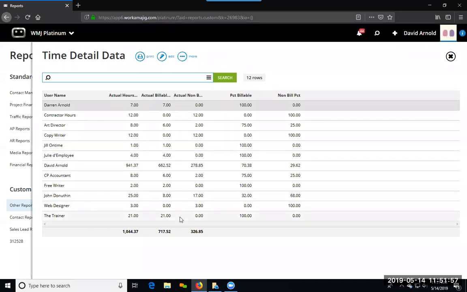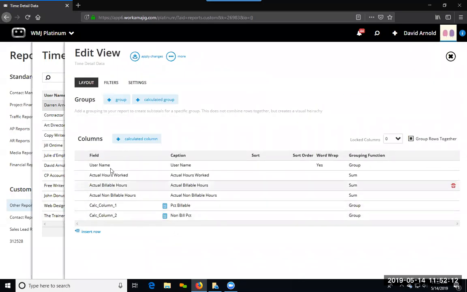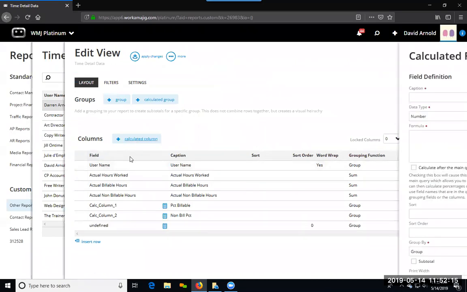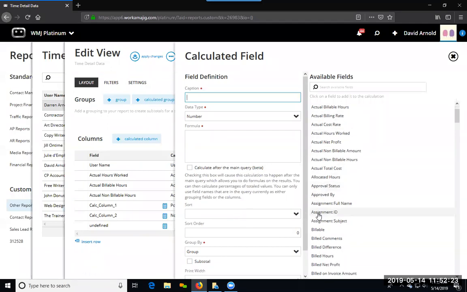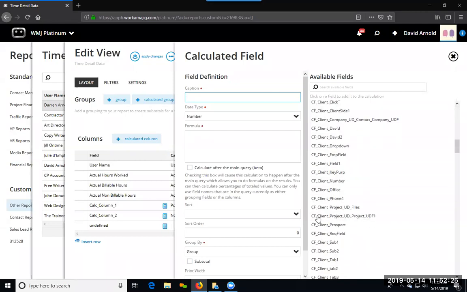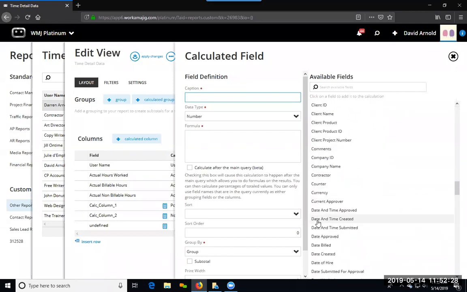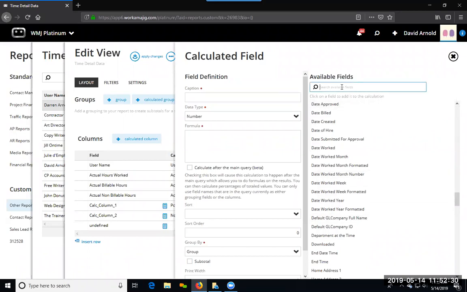Okay. Now there is another feature that we have. Are there any questions as far as the formula and doing the calculated columns and what we can do with them? I just showed you how to do a very simple formula, but we can also do concatenation. So I have, for example, username, but maybe I want to combine two different things. This will be kind of a strange one, but maybe I want to say user or project number, for example. Sorry if that's in the way. So if I say project number,